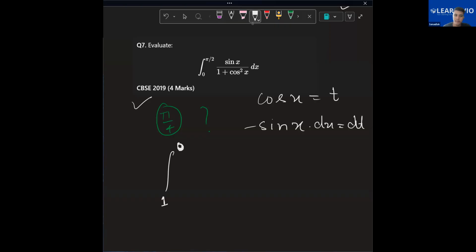लिमिट चेंज किया था। वैसे 5/4 रहना चाहिए क्या? देखते हैं।